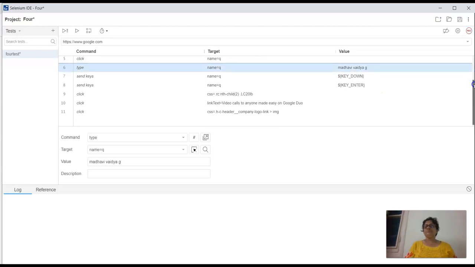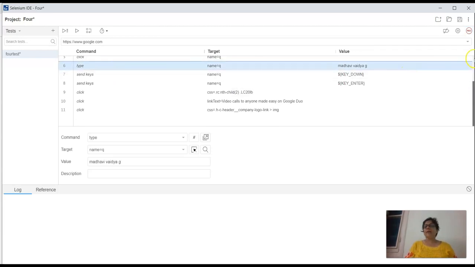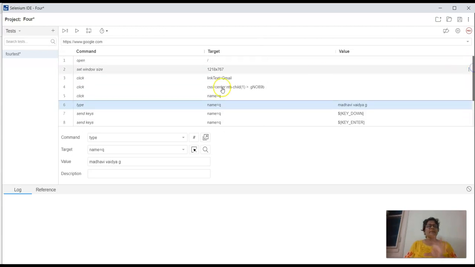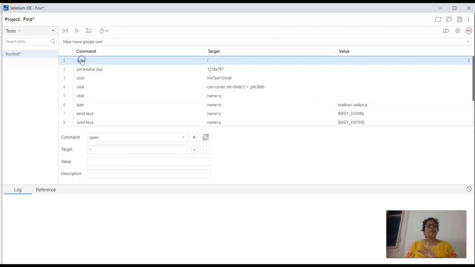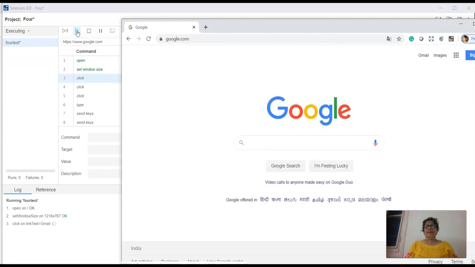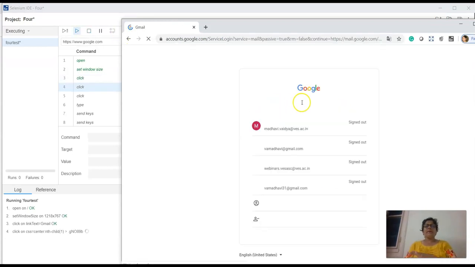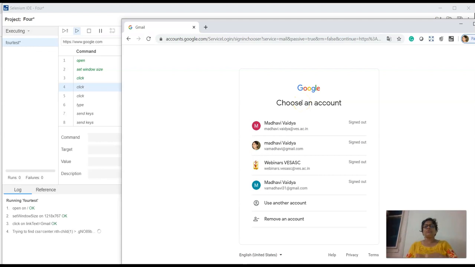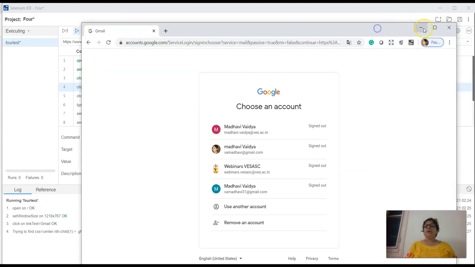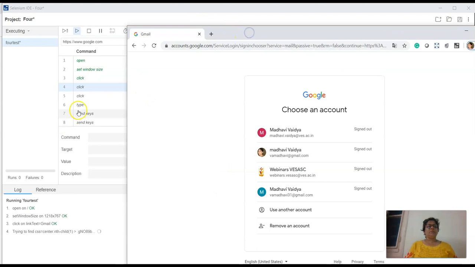We will just go through. It has saved 11 commands because 11 times I clicked somewhere. So now I'm going to take it to the first one and then run the current test. It is going to run and show me whatever I clicked on, everything, because it comes one by one. Now here it stopped because it wanted me to click on this, but I didn't do that. So I'll just go to the next